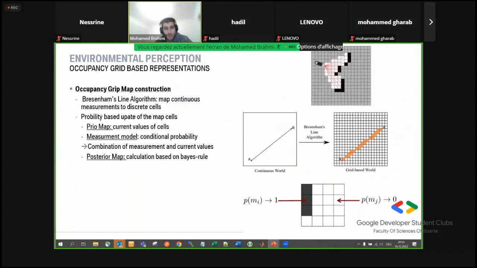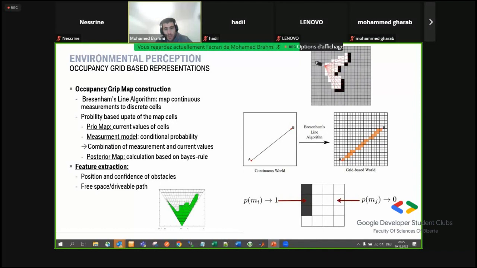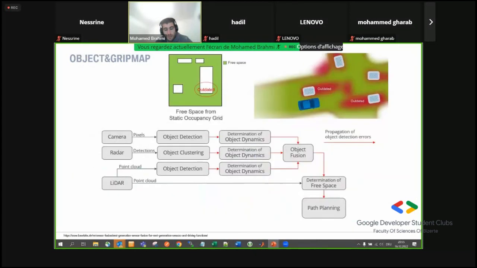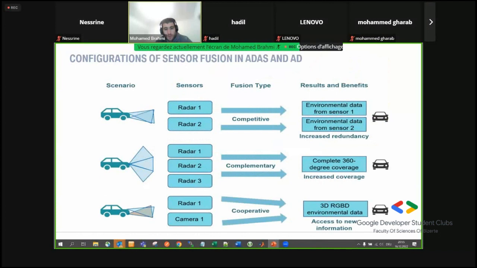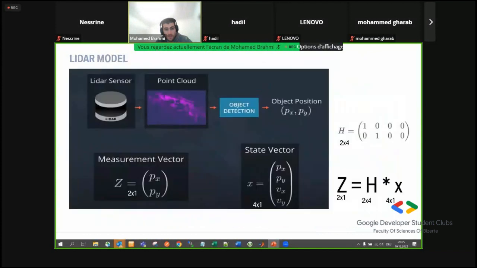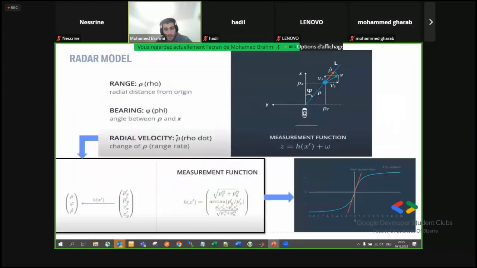Here I wanted to talk to you about the occupancy grid, which is basically also used in robotics, and especially why we need both for autonomous driving. And here we see how we combine both object-based and grid map-based. Here I wanted to talk to you about the fusion, how we can combine data from different sensors. Here also using the Kalman filter and so on,